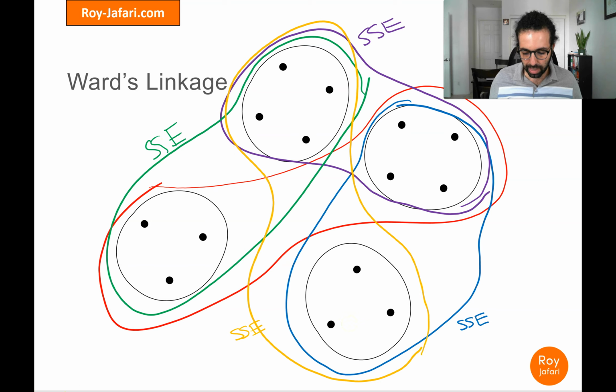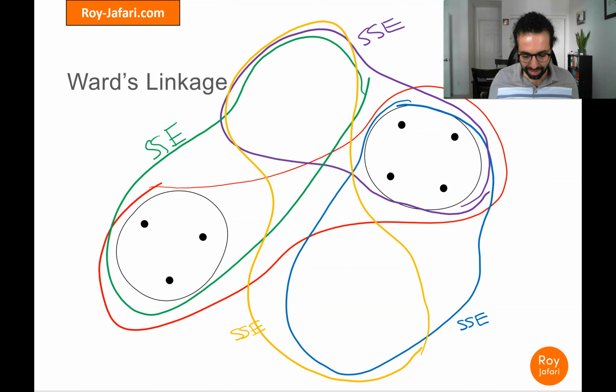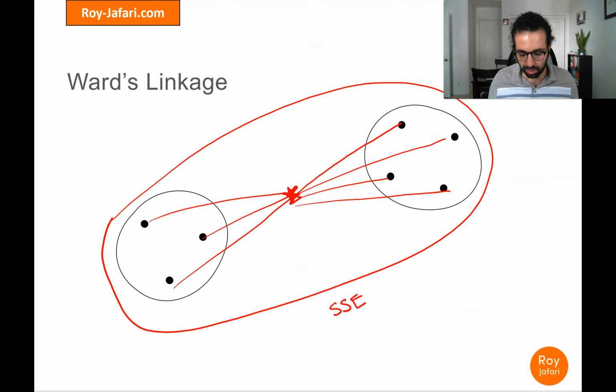All right, so now that we've had all of these SSEs for all of these possible bigger clusters, we can say the one that has the smaller SSE is the best next merging of these clusters, right? So now this makes sense, because we are trying to find a distance. This is a distance, SSE in itself, and one of the advantages of this way of going about this